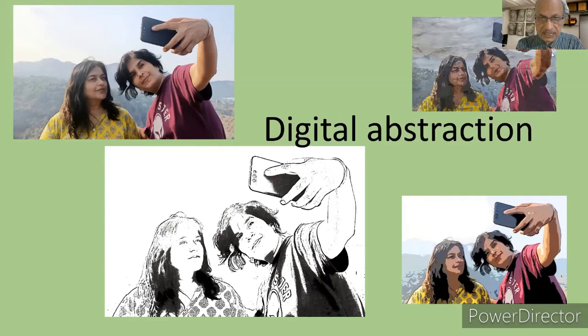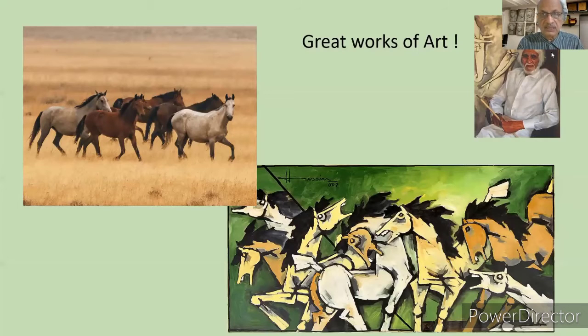Now, the abstraction is not fullest here. Abstraction is in such a way that ultimately one should be able to recognize these two females, who they are and what their names are. But this is the way you have gone into a process of abstraction. This is the second example where now you can see